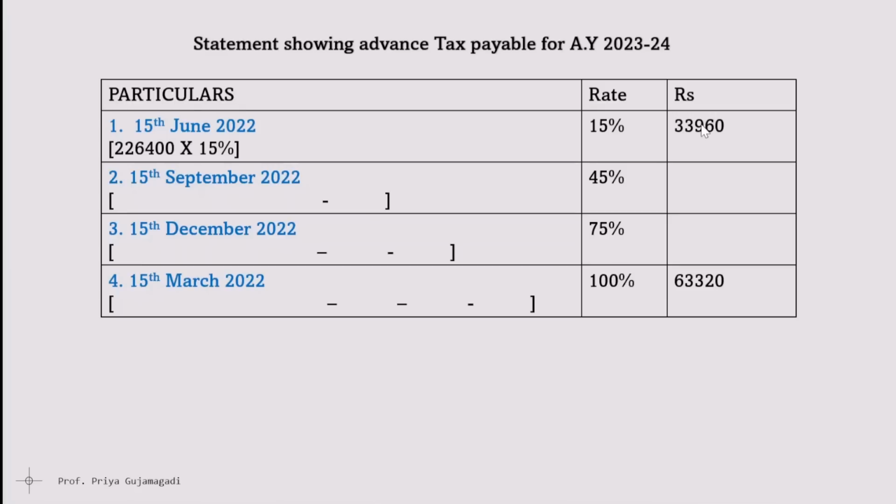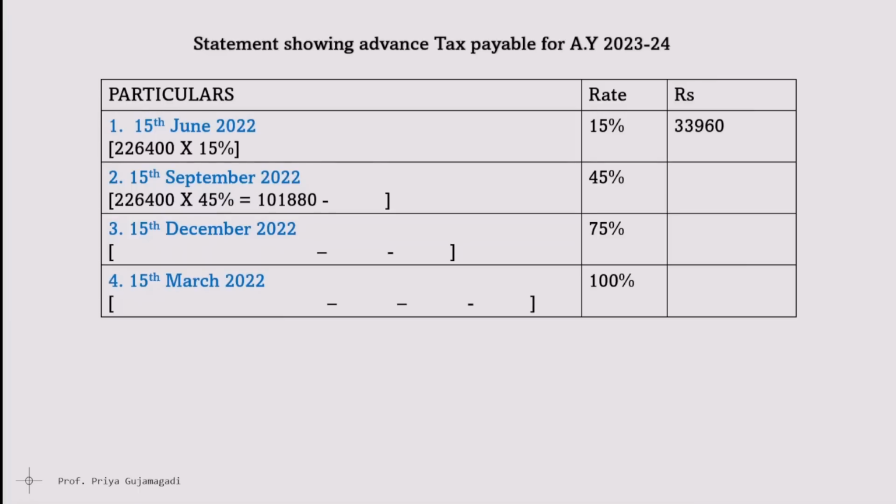As we already know the 4 installments and the 4 rates, on that we are going to pay the tax. So first installment, 15th June 2022, 2,26,400 into 15%, it will amount to 33,960. Second installment, 15th September, 2,26,400 into 45%, it will amount to